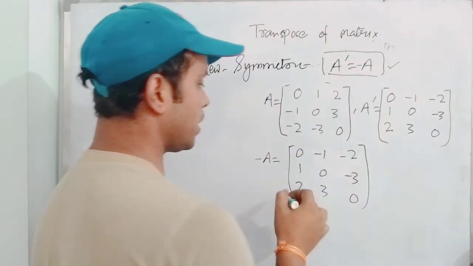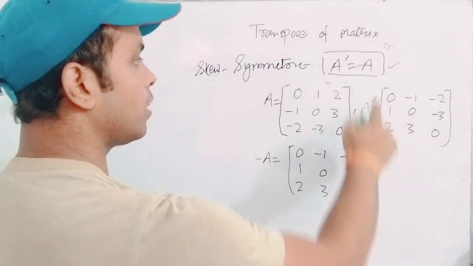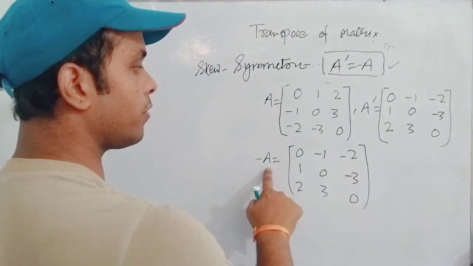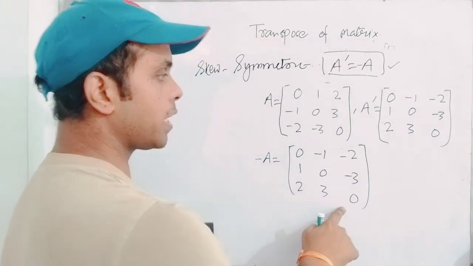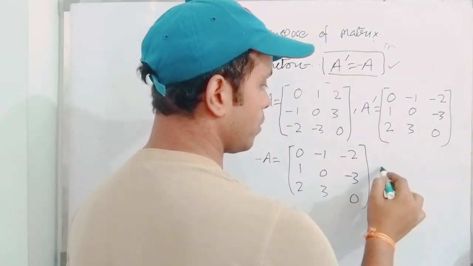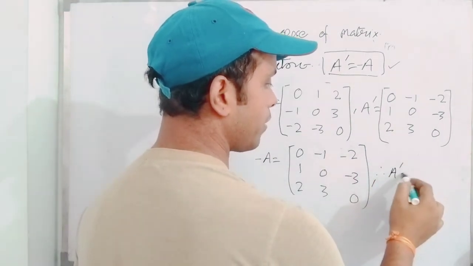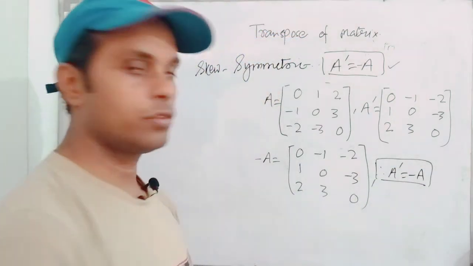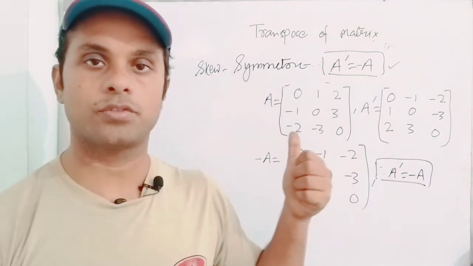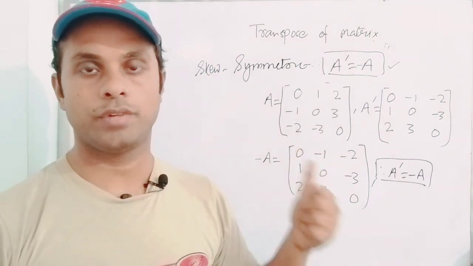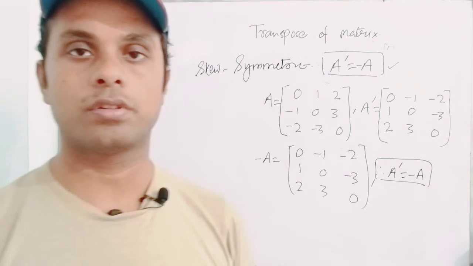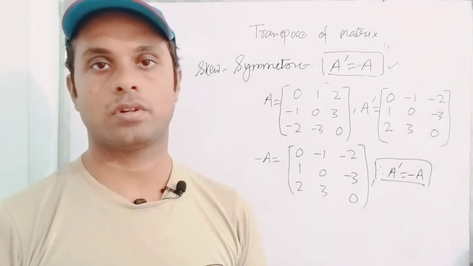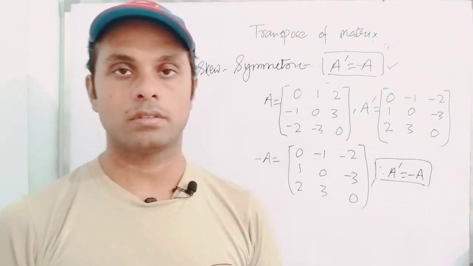So now check whether the condition is satisfied or not. A transpose is same as negative of A. Oh yeah, it is correctly same. So therefore we have verified that A transpose is negative of A. So that means condition is verified here. Okay, so we discussed earlier about symmetric matrices and skew-symmetric matrices. Okay, now next is,